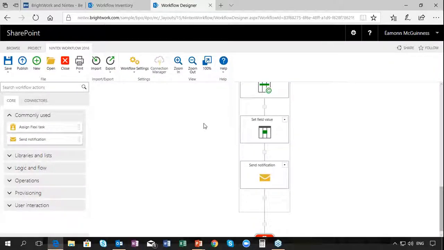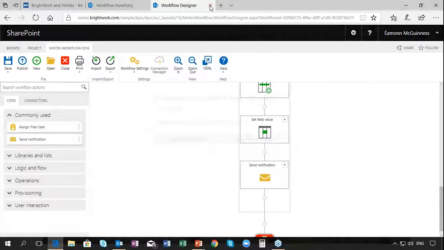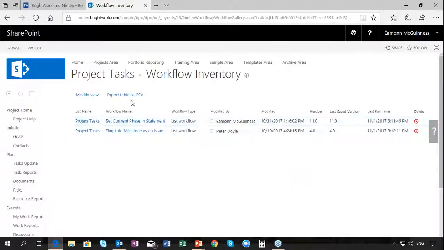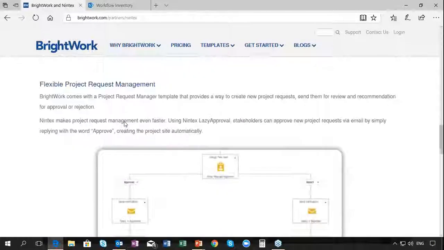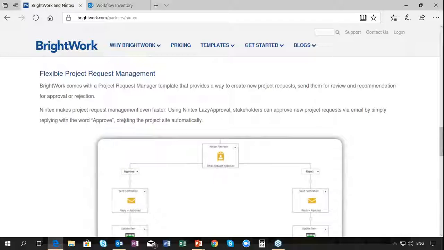So we're not going to save that at the moment. So you get a sense of how these workflows can be built and modified and configured and so on. Okay, and we're going to leave this page without saving it. Now, again, we'll come to my own email inbox in a couple of minutes, and we look at